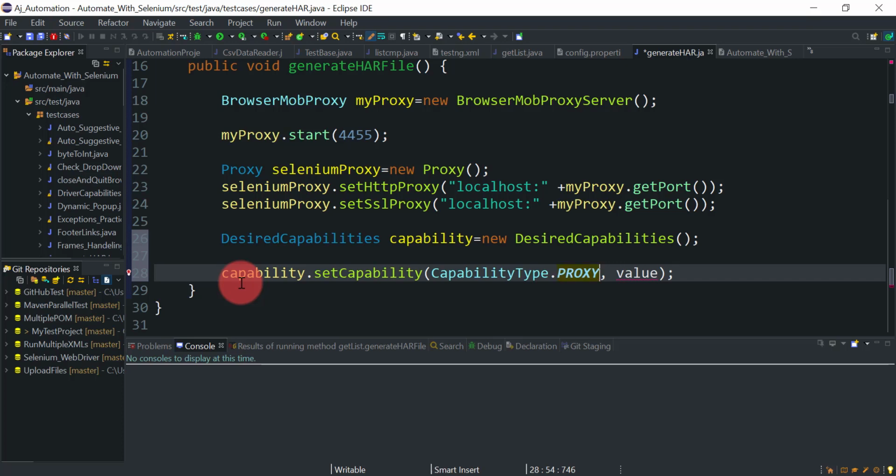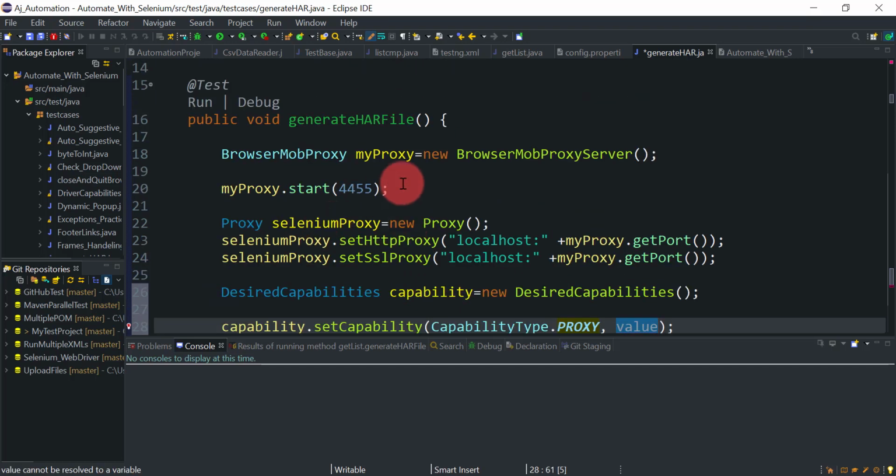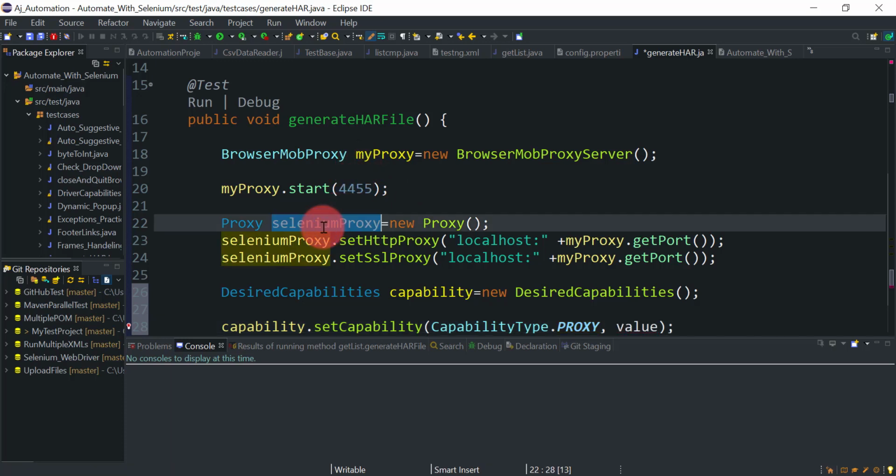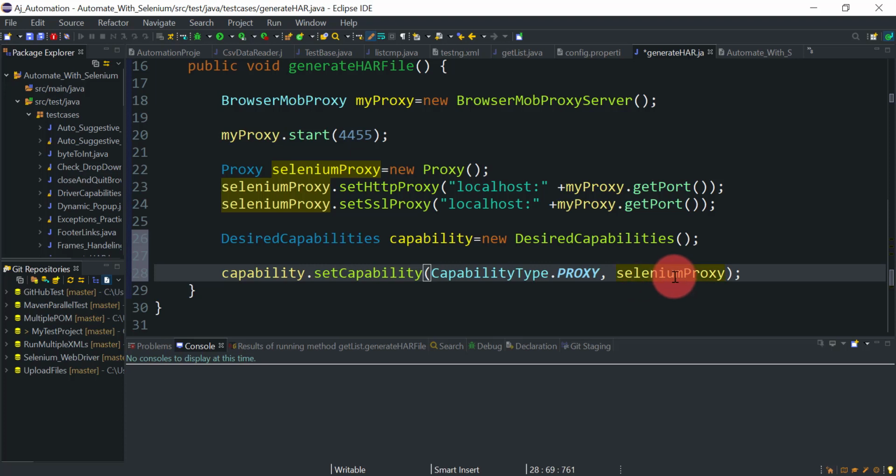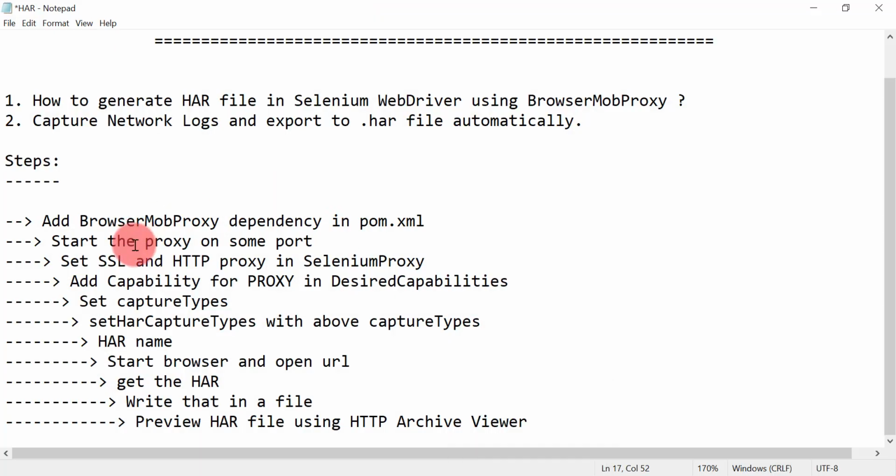I will give the value as our Selenium proxy reference, and save it.